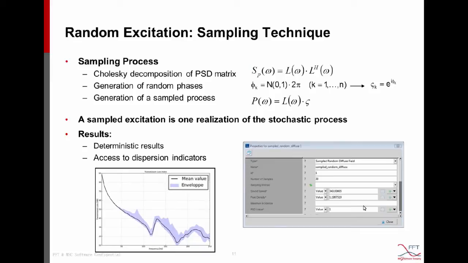So the sampling technique consists in downgrading the PSD matrix into linear terms, so from quadratic terms into linear terms. The steps in the sampling process are to first decompose the matrix into products of two triangular matrices, and then we take one of them and multiply it by a certain number of random phases, and this certain number is actually the number of realizations, or in other words, the number of deterministic loads that we created. Then this sample excitation will be applied on the numerical model to calculate the